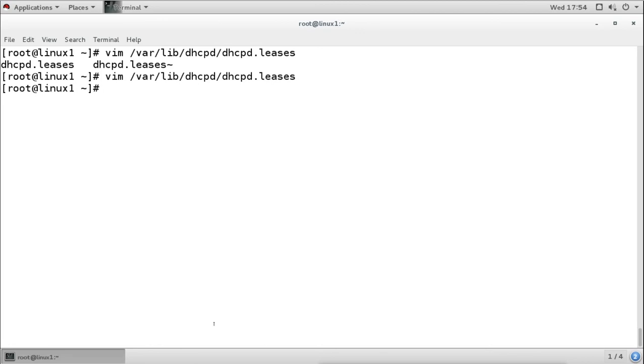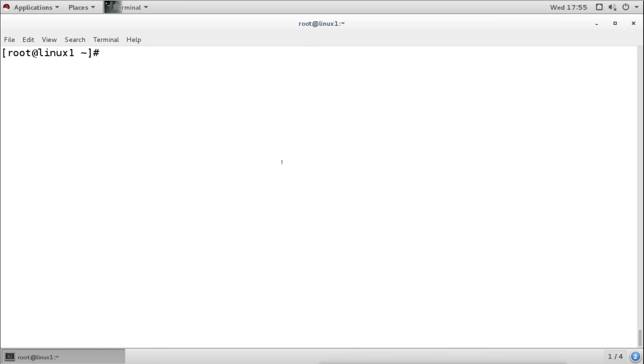Now this is how the DHCP server is working, and it is giving the IP address to the clients. Now if we want some clients to get a fixed IP address, we can also do that by using the MAC address of that client. So we can assign a fixed address for some client from the DHCP server. That means whenever the client asks for an IP address, it will always get the same IP address.